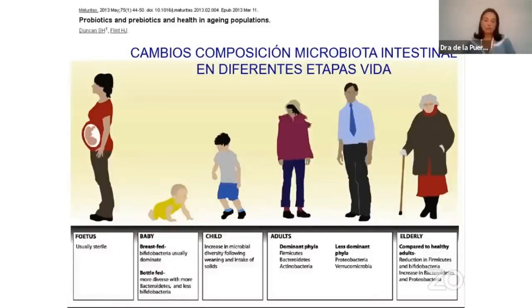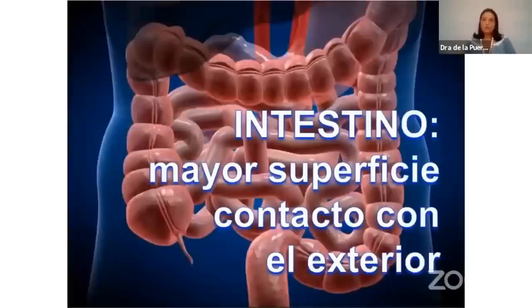That is what will determine the pattern we have from 3 to 5 years old, until 55 to 60 years old, when the microbiota pattern physiologically changes, even without pathology. However, we have a wide range from 3 to 5 years old to 55 to 60, a long life, in which the microbiota, if we take care of it, is stable and its metabolic performance contributes to our health. We return again to the topic of inflammation.